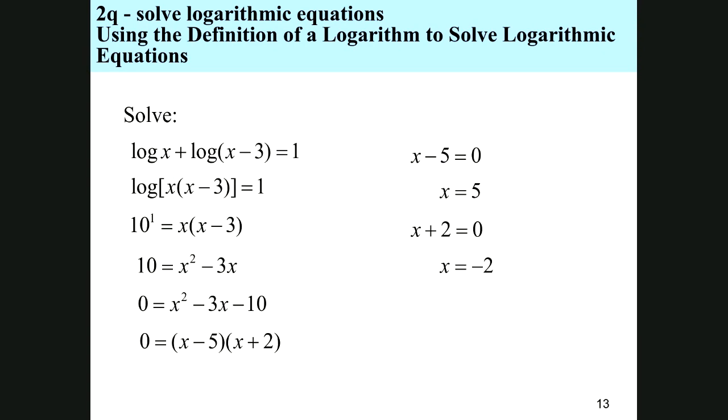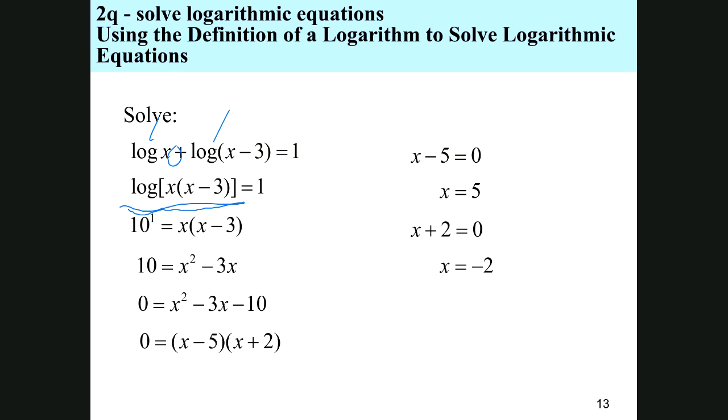Let's see. This is sometimes where those properties we just learned will come in handy. I've got 2 logarithms, right? But I can't convert it to exponential form if I have two logarithms. So I'll use in this case the product property, because they're being added together, to combine it into one logarithm. The log of x plus the log of x minus 3 is the log of x times x minus 3. Now I have a single logarithm on the left. I can convert it to an exponential